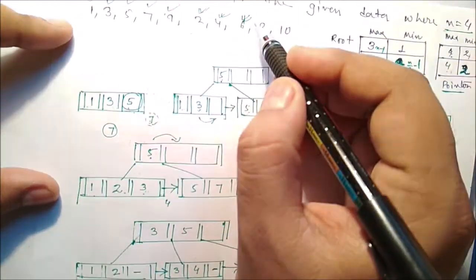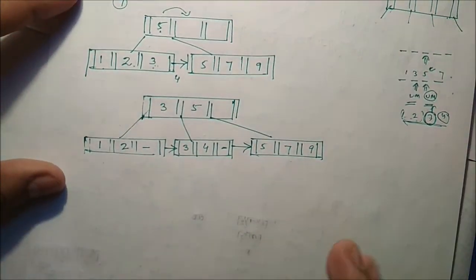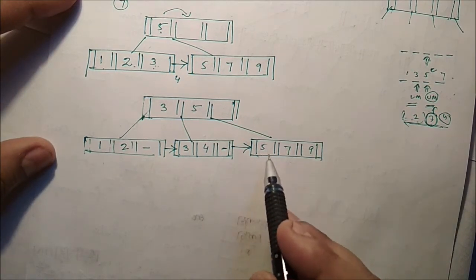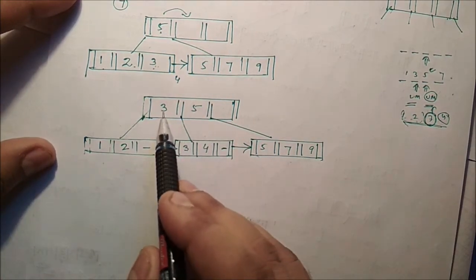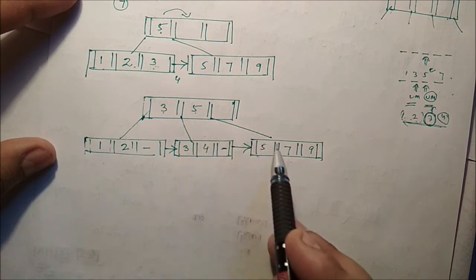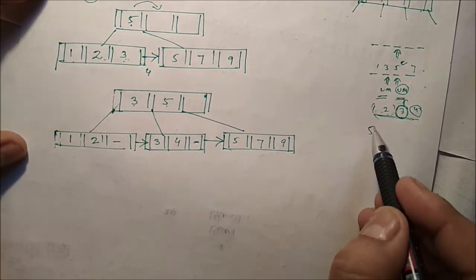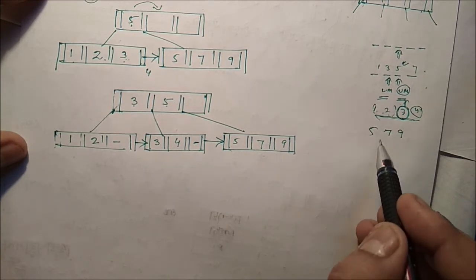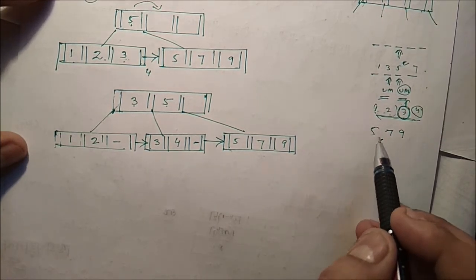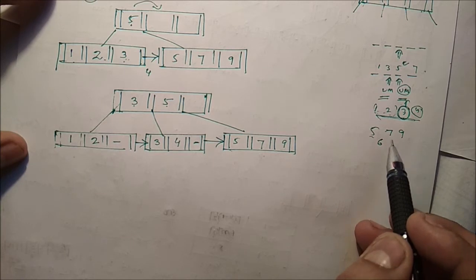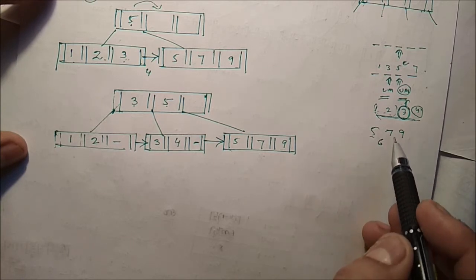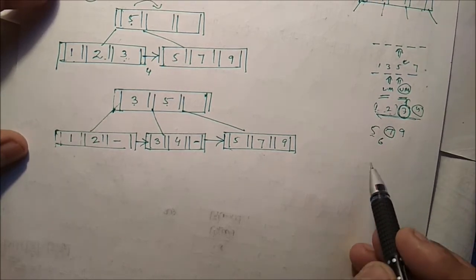Okay, so next is 6. 6 you have to insert. So 6 would be here. 6 is greater than 3, greater than 5. That means 6 must be present in this particular node, 5, 7, 9, so 6 would be somewhere here. Now if you shift here, we have to identify the upper median. The upper median is 7. So we have to split this into 2 parts.